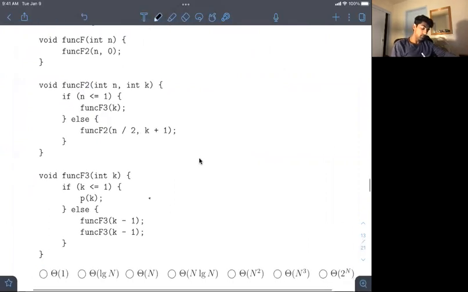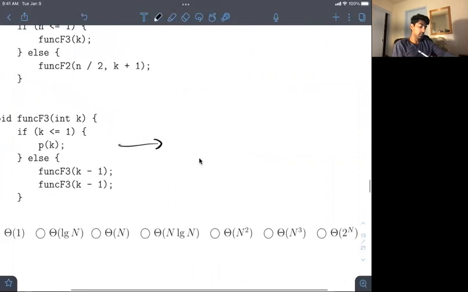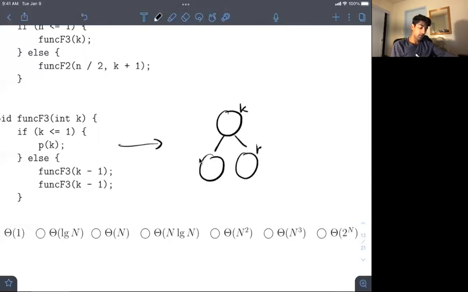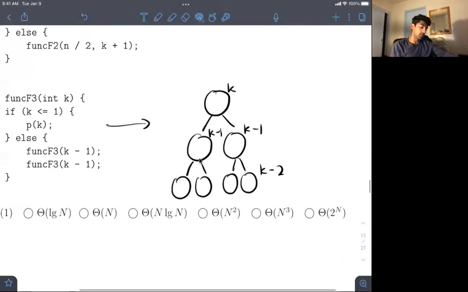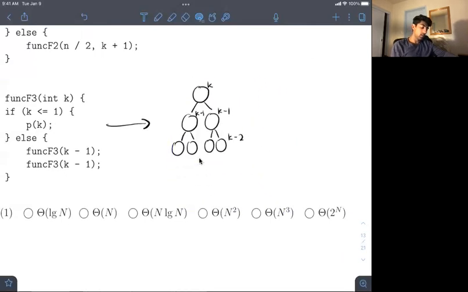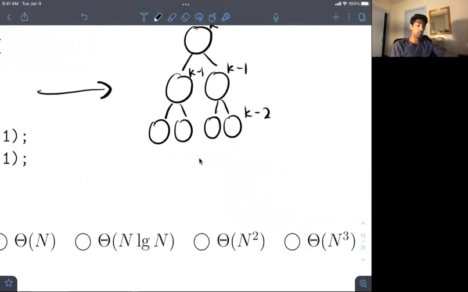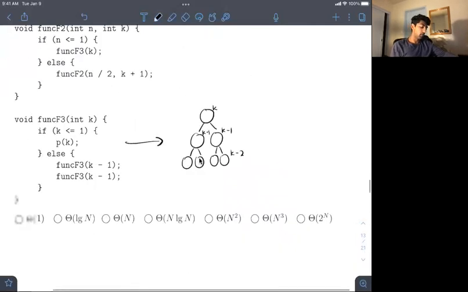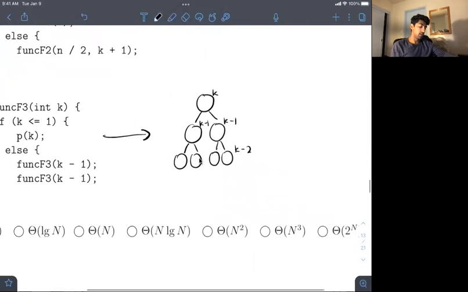So if we're considering f3 here, let's draw its recursive tree, right? We have some k here, then it issues 2 calls to k minus 1, which then branches again to 4 calls of k minus 2 and so on. What we'll notice if we're looking at the recursive tree that develops whenever we call func f of 3 with some starting value of k